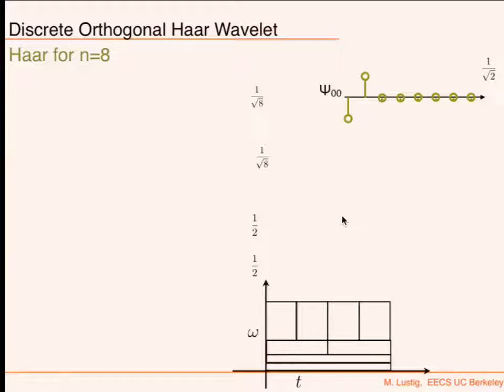Who wants to be the brave soul that says it? From this side? Top left, that's right. This. So if I look at the inner product of my signal with this function, I'm going to get a coefficient value. That value is going to represent the frequency information, high frequency information, at this part of time. So what would be the second one?